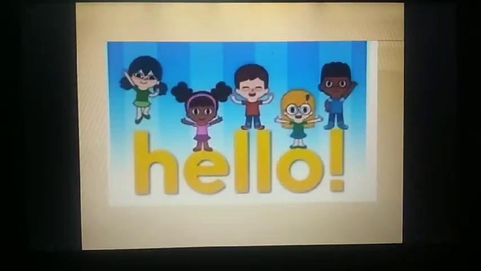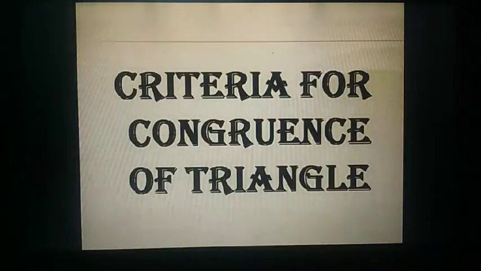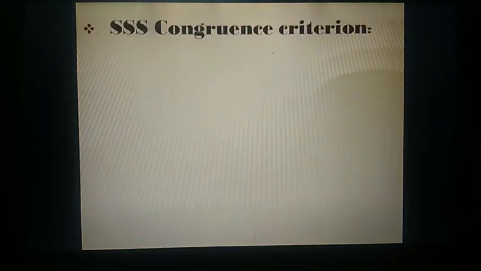Today we will start with a new topic, that is criteria for congruence of triangles. Now there are four criteria by which you can say that triangles are congruent. Number 1, SSS congruence criteria. As the name says,